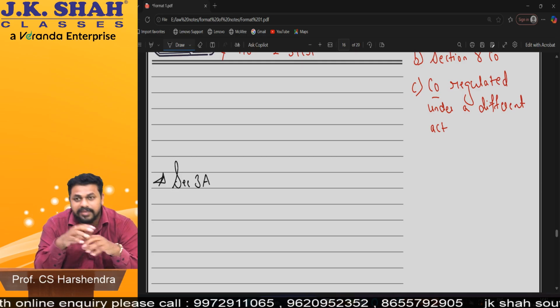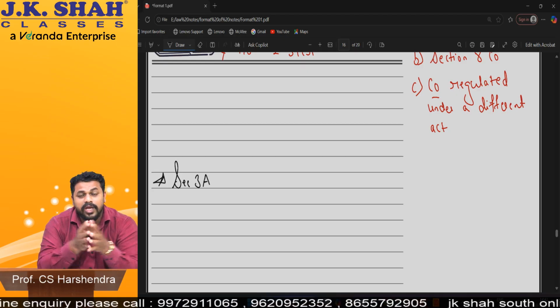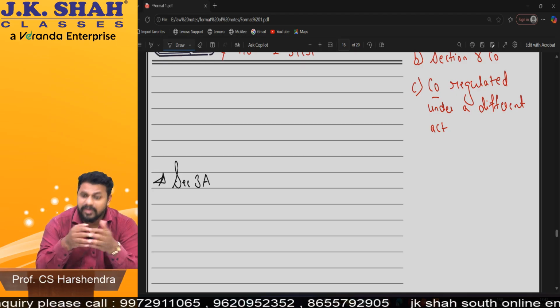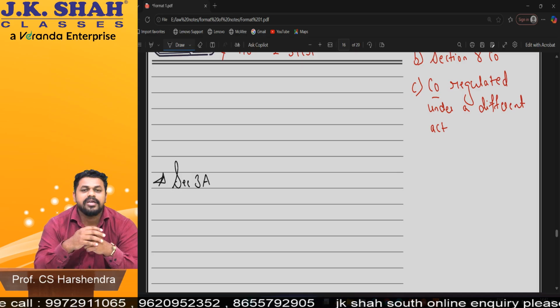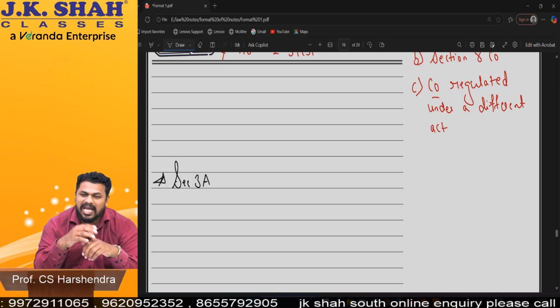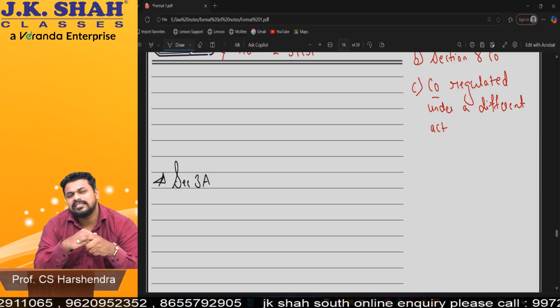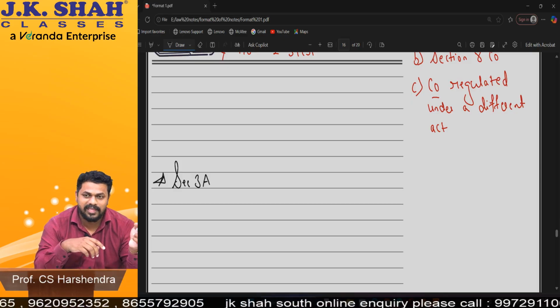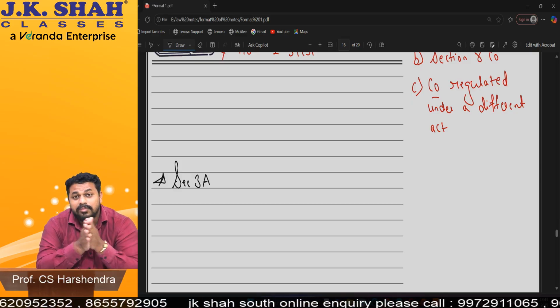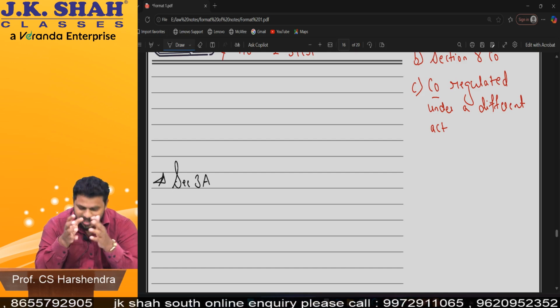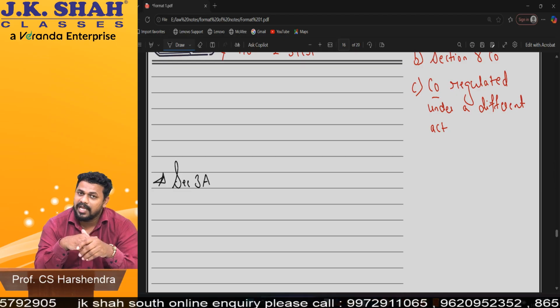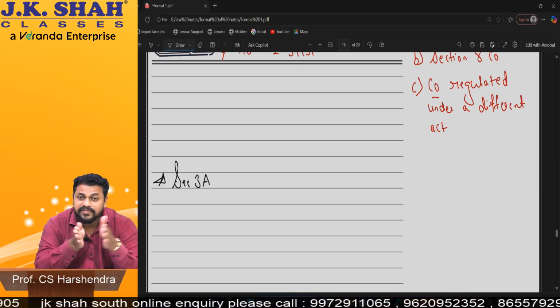Will the company die? No. Why? Perpetual succession. In fact, even if both die, the company will not die. Will there be any instability in the company? As such, no. The reason is that Bunty is still there. But here, what is the minimum number of members in a private company? 2. But now there is 1. Can the company run with 1 member? The answer is, for a period of 6 months, yes.